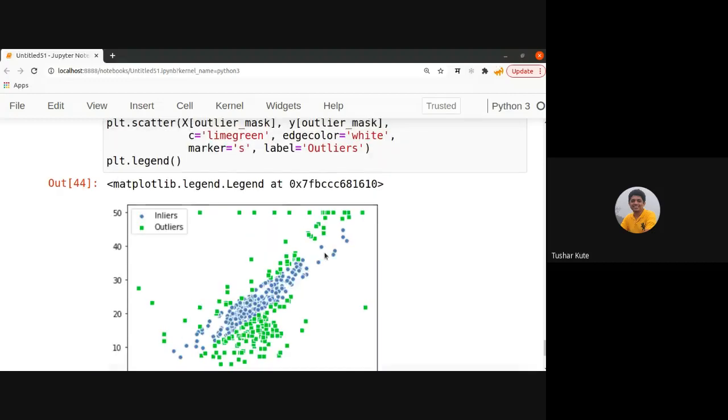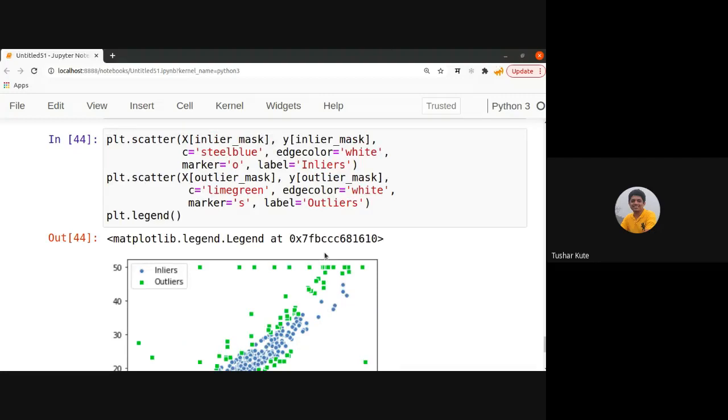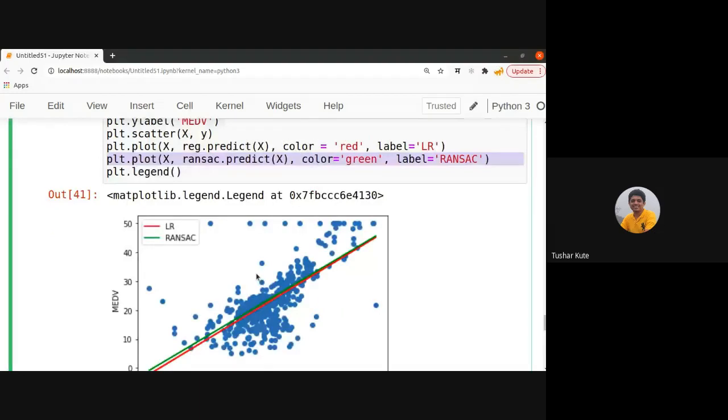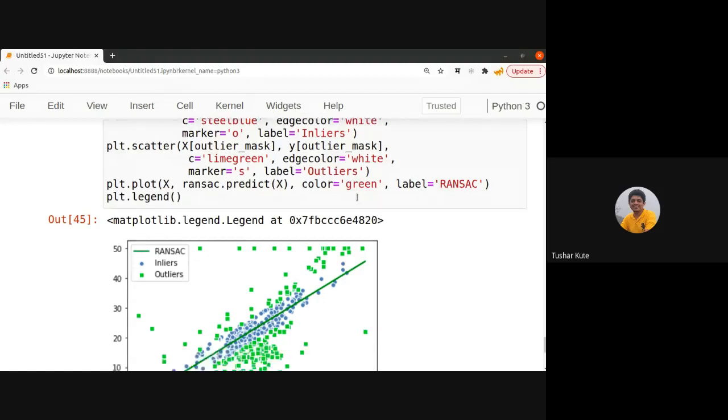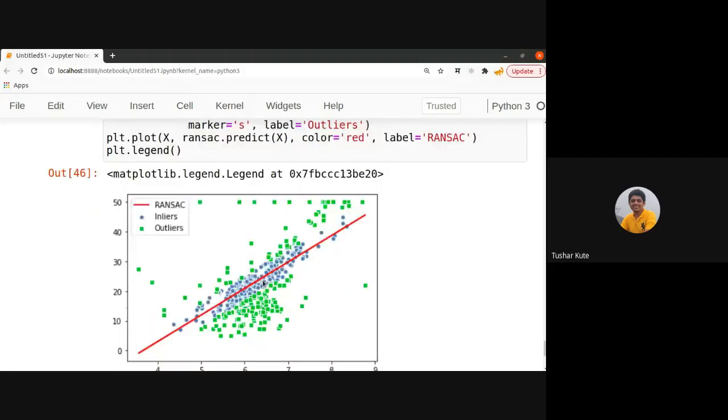And if you plot the line, see, if you plot this ransack line here, I plot the ransack line. You can check this now. At the center of these points only, which are blue color, this line is drawn. Means while drawing this red line, the data which is in green color is not considered. Remember, without using that data, the red line is drawn here at the center of it.